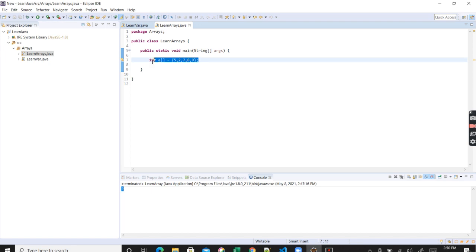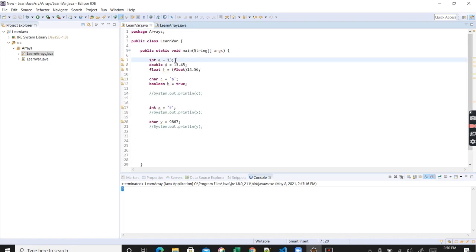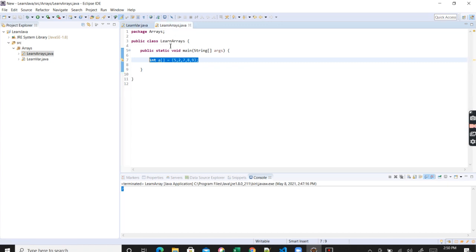Okay, now see how it is different from this way. If we are not giving the square bracket, we can only give one value, but now we are storing more than one value. So as of now, we are storing 5 values. So the size or the length of this array is 5. Now the 5 will be stored at index 0, 2 at index 1, then index 2, index 3, index 4. Now, if we want to use the value which is at index 1, that is 2, how can we do that?